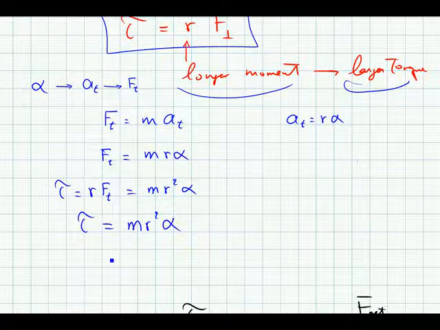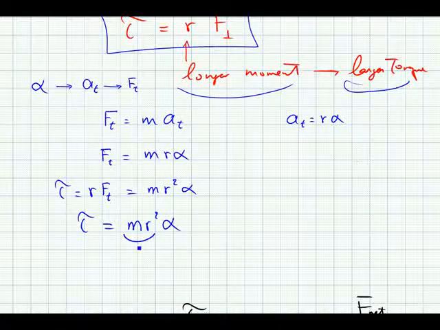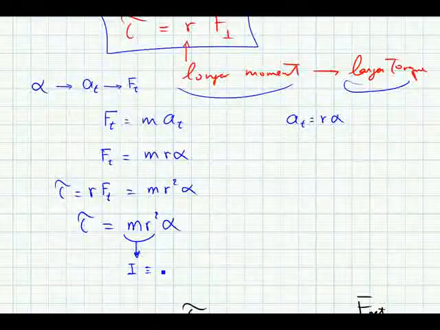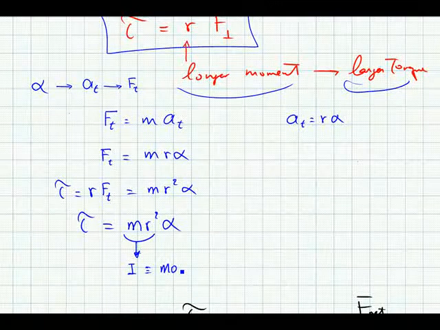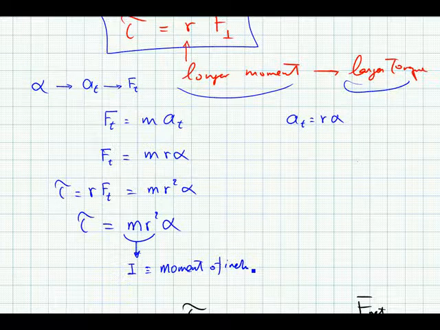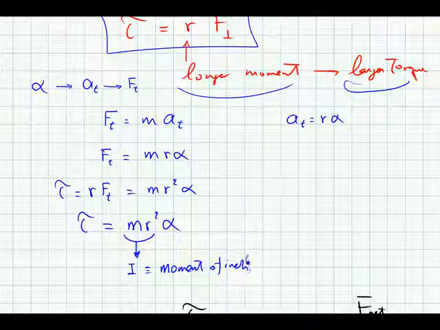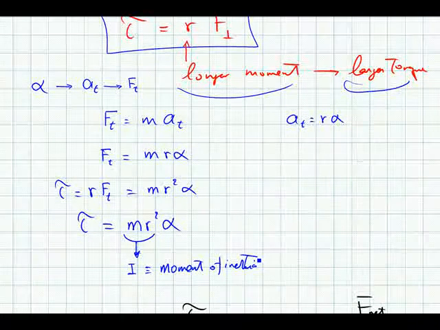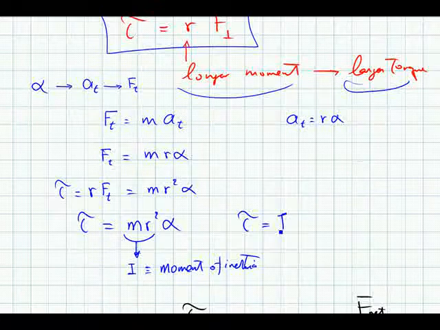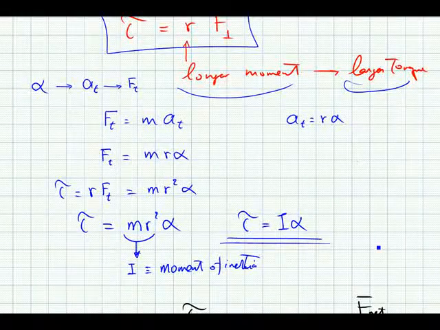So if we define m r squared as I, which is our moment of inertia for the object, then we end up with